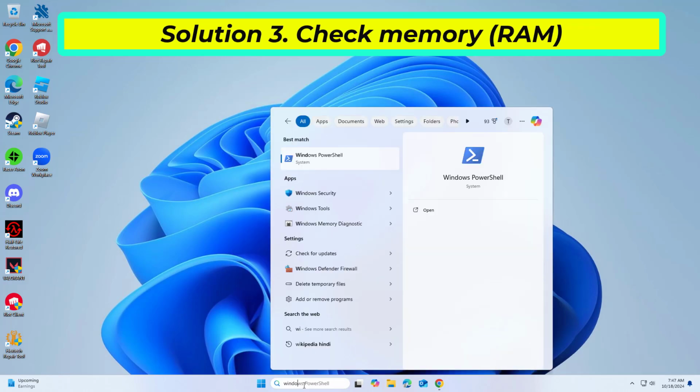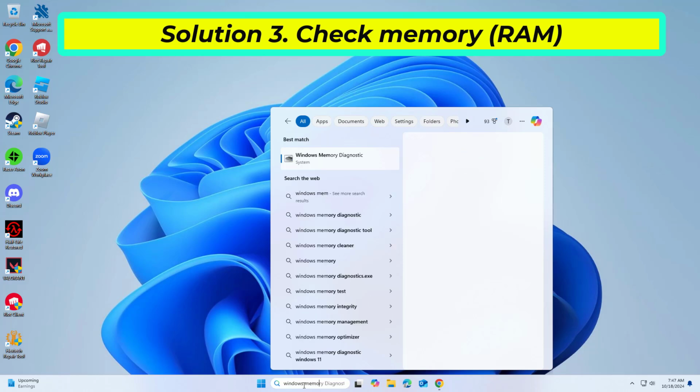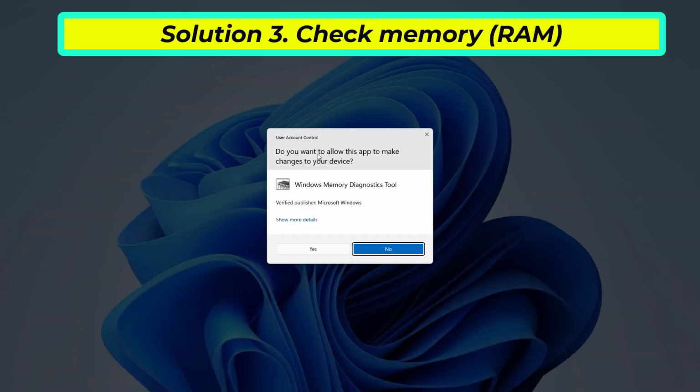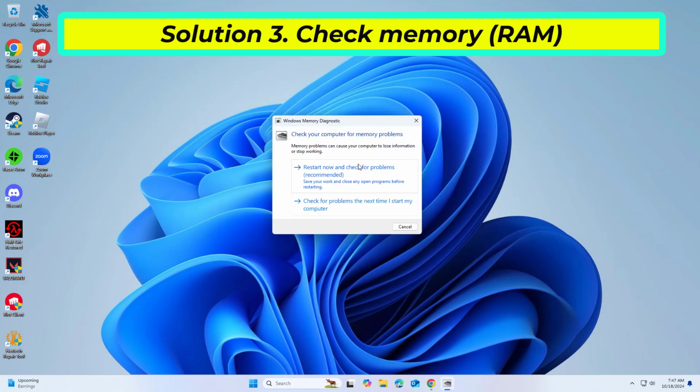type memory in Windows search and select Windows Memory Diagnostic result. Choose Restart Now and check for problems, recommended. If that didn't work,